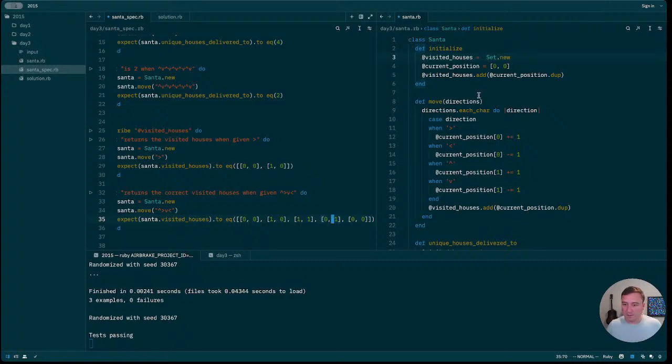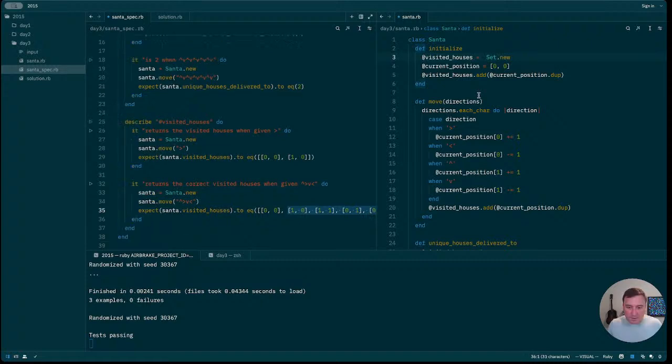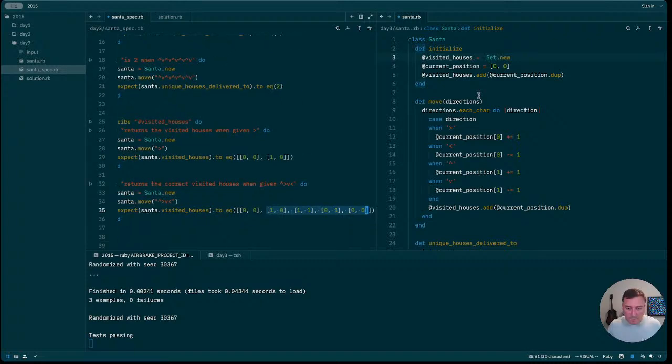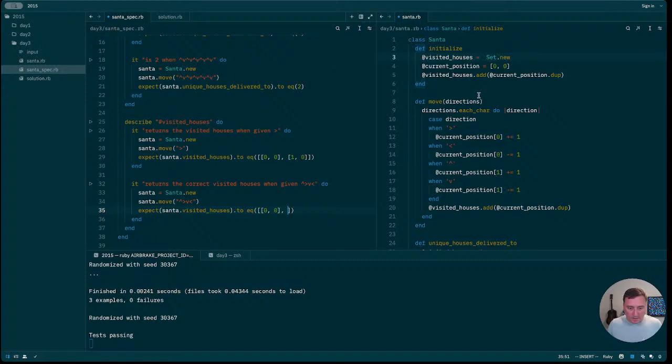Right adds 1 to the 0, so that's 1, 1. Let's get rid of what Copilot's giving us here. So we start at 0, 0, we go up, which is plus 1, so 0, 1, we go right, which is